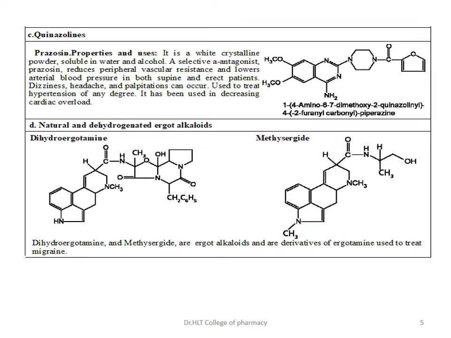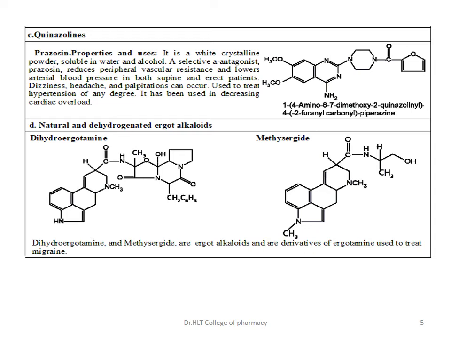The next category is quinazolines. The example is prazosin. Prazosin is 1,4-amino-6,7-dimethoxy-2-quinazolinyl 4,2-furanyl carbonyl piperazine. It is used in the treatment of hypertension of any degree, and it has been used in